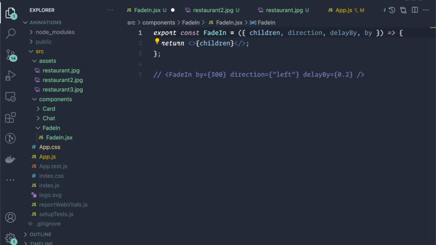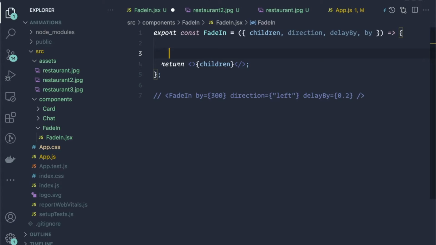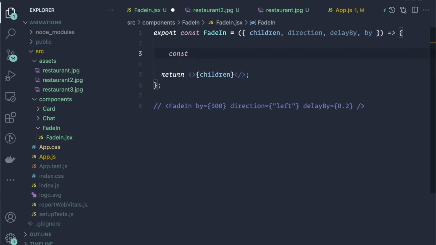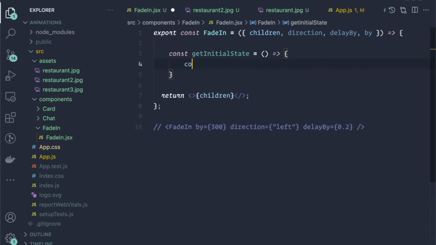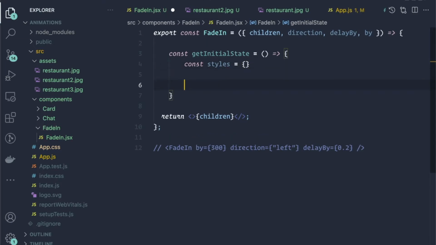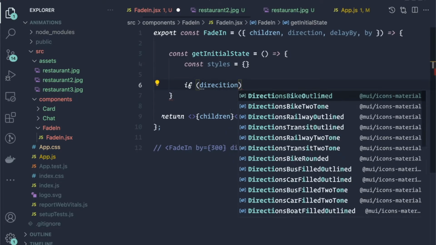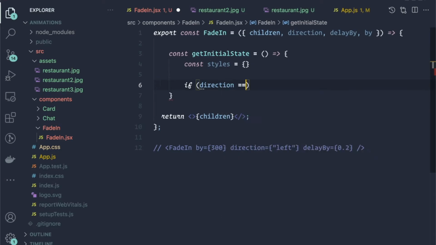The first thing we need is the default state, something that the animation can start from, because we need to switch between two different states. So we need a starting state. Let's create a function called get initial state, and we'll create a styles object here. What we want to do is check the direction property. So if the direction property is left,